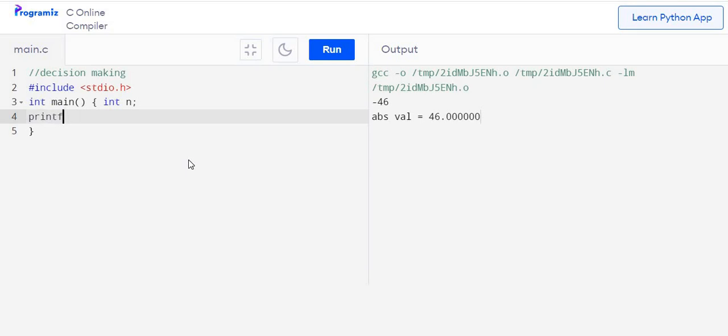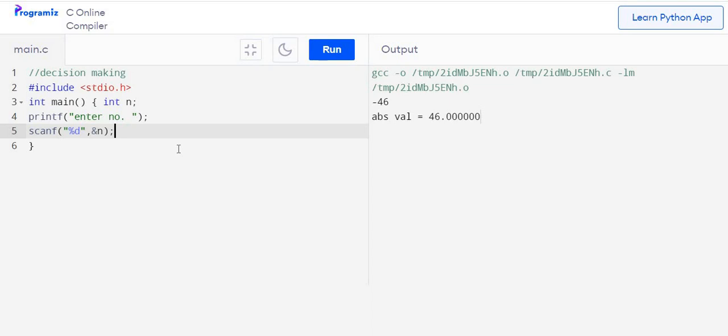So printf, enter number. So user will enter this number. We will scan the number. So scanf %d, comma, ampersand n.